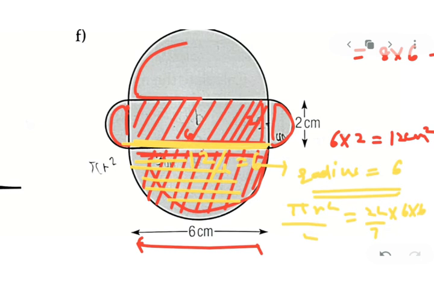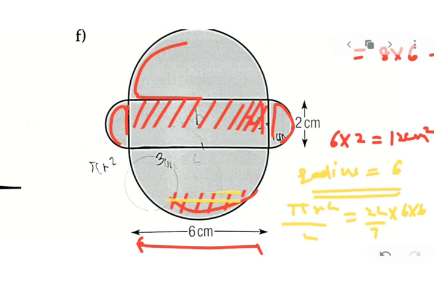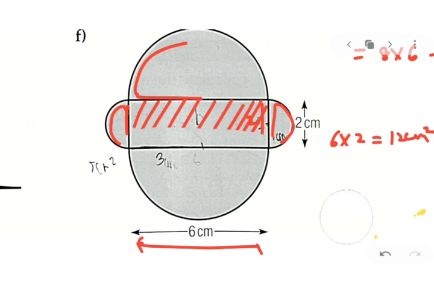I'm sorry, I guess I have made a mistake. By mistake, I have taken 12 here. The measurement is 6 there. I'm so sorry. The measurement I just saw now, it's 6 here. So the radius will become 3 centimeter for this semicircle.